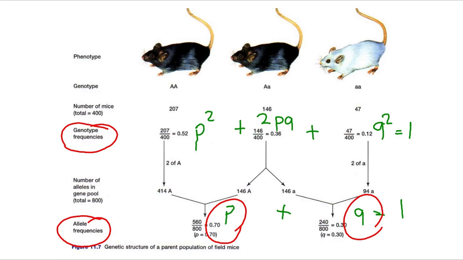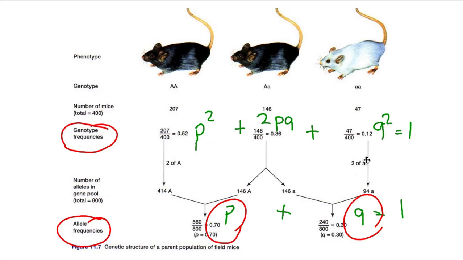But take a look at this. The 3/10 down here, the Q. Okay, let's square that. What will we get? Well, we would get 900ths, not 1200ths. So I know that this population is not in Hardy-Weinberg equilibrium, because P and Q are not actually the same for these two formulas. Even though we use the same data to calculate them,